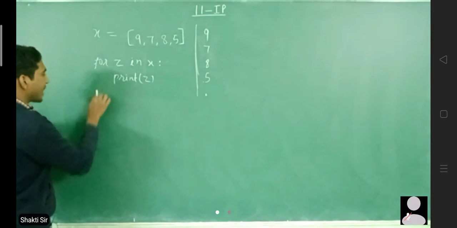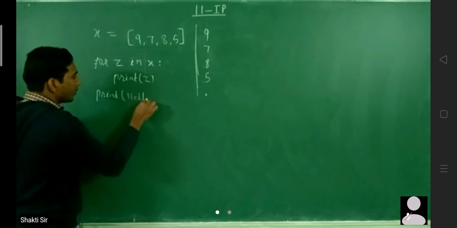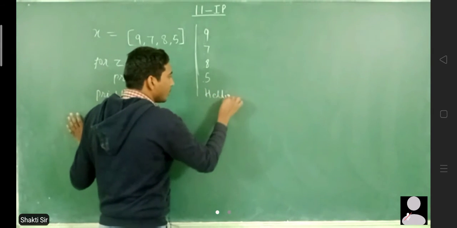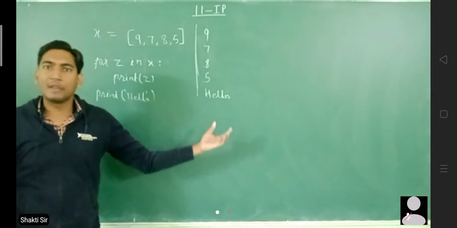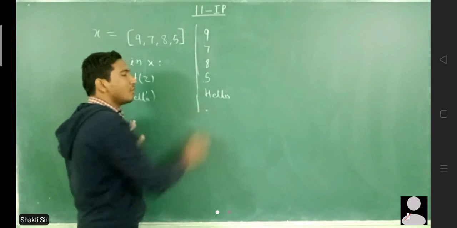Now the cursor comes here. So whatever I print after this will be printed here. Suppose I print hello, so that hello will be printed here, and after that a new line will be printed. So now my cursor will come here because the value of end is \n.